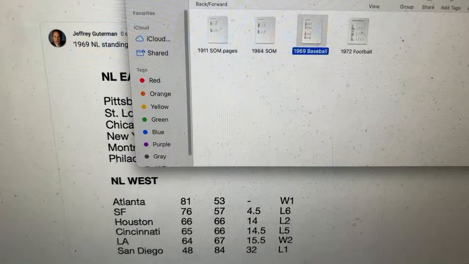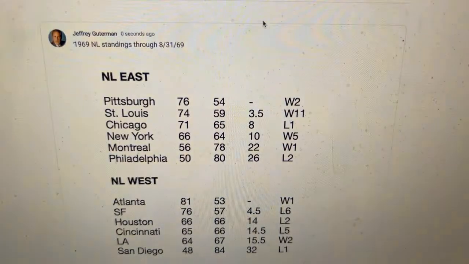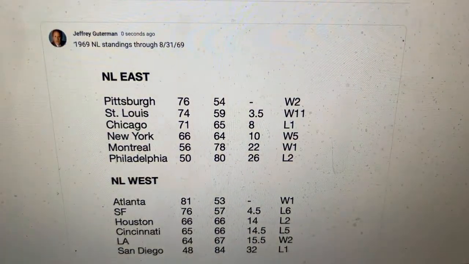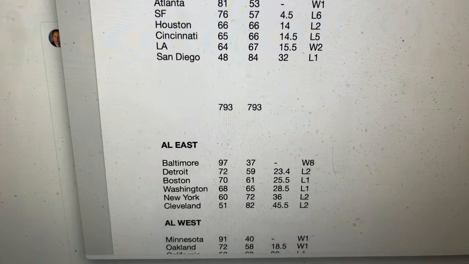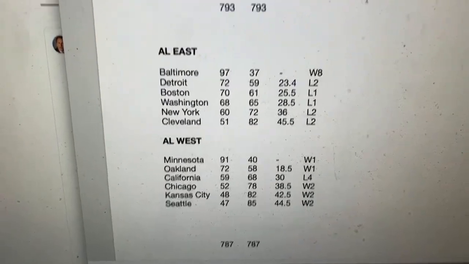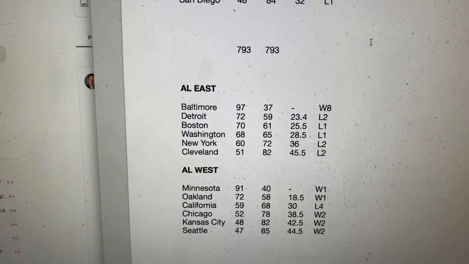That way, when we keep saving them, it'll be okay. Let's go back to our AL. That was pretty easy for the NL.